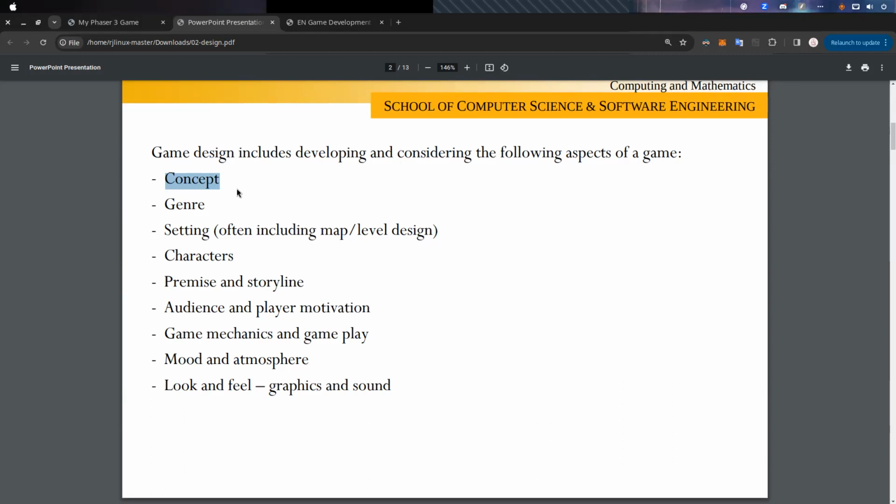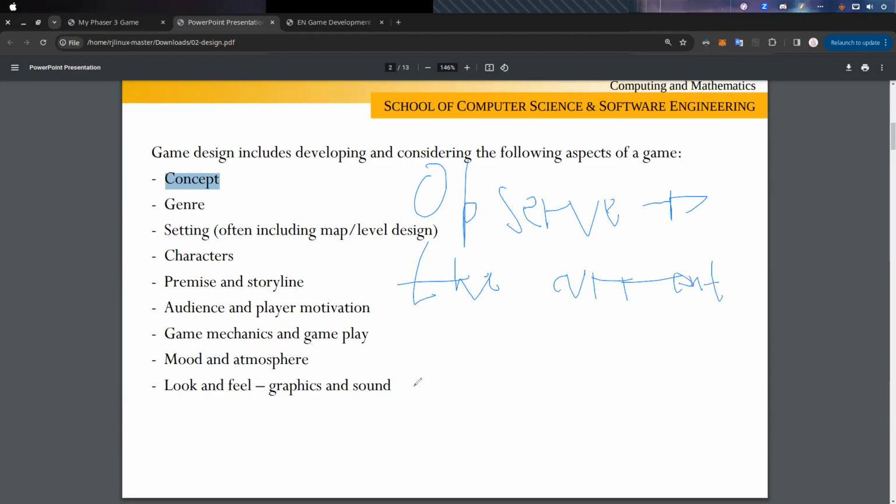Actually, when it comes to developing games, the first thing you have to do is observe. You observe the current phenomenal games.